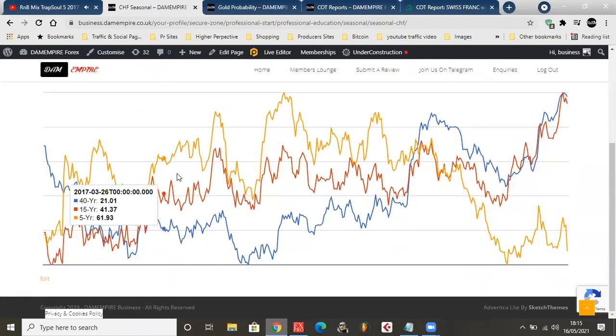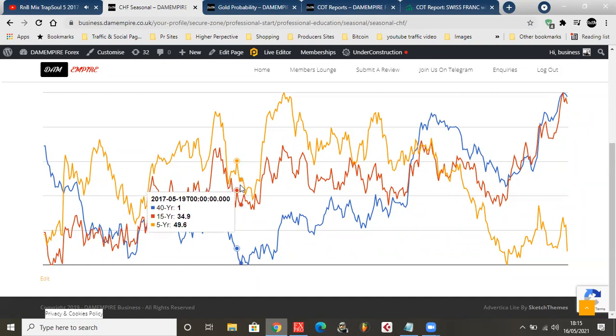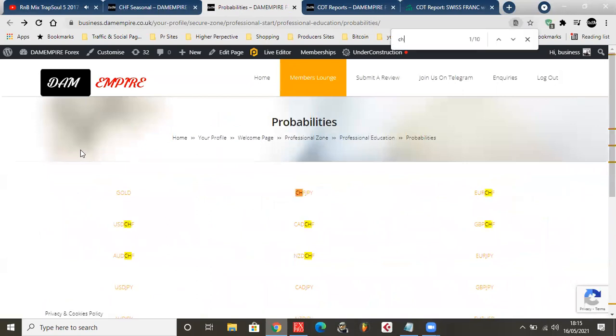So let me check. Let's see, the 16th. So what we can see right here, the 16th as of today. So Swiss franc is probably going to be weak till about the 18th. Now that's just a 2 day trade. I tend not to go for 2 days. I like 3 days. 3 days seems to be a lot better for me. But overall we can still look into Swiss franc. Let's see the combination of what we can find for CHF. Okay, let's go CHF. So it's all highlighted in the fourth section. So we're going short. So I'm just going to close that just to give myself space.